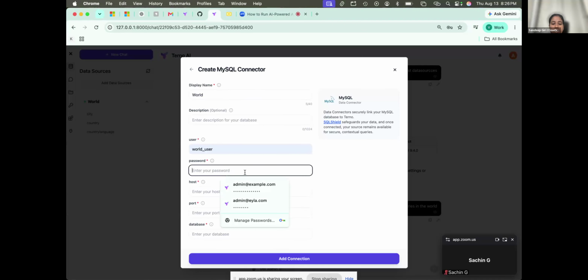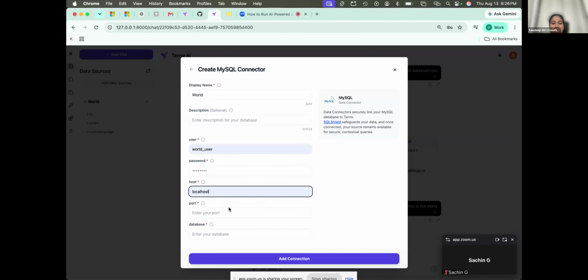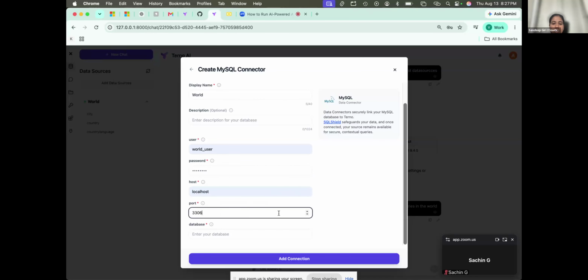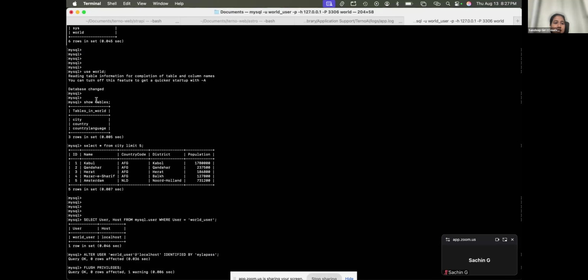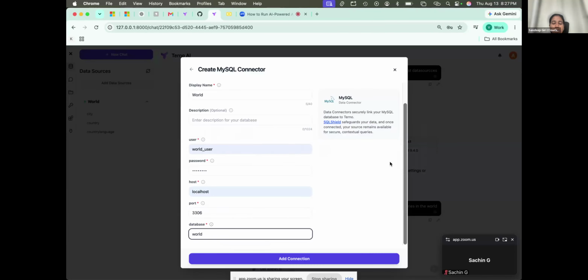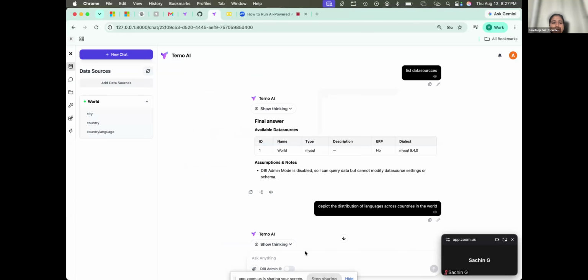The password is the password of the database, the host is localhost because it is running right on my laptop, the port is 3306, and the database name is the world database. Once I add the connection, it will be able to